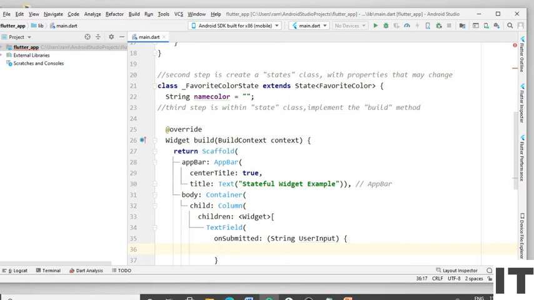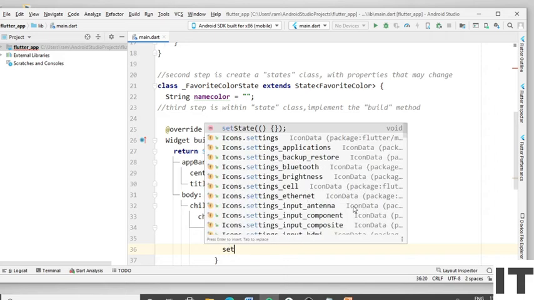Now we have to define our fourth step, the setState method. Call the setState to make the changes. Calling the setState tells the framework to redraw the widget. Type the setState.